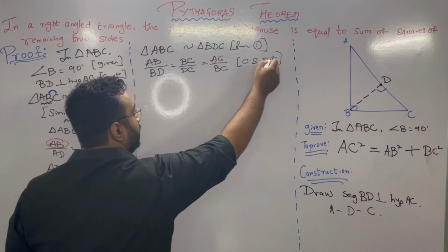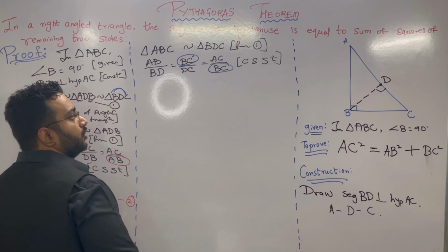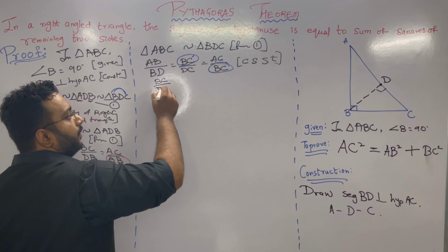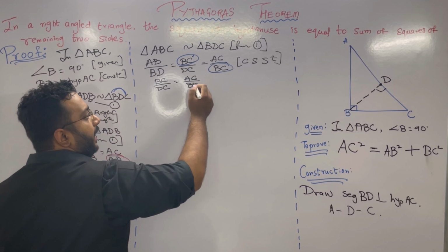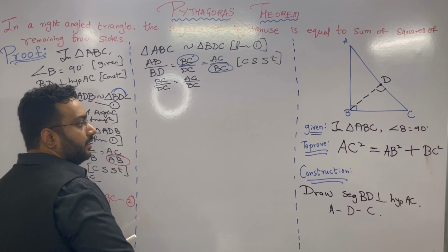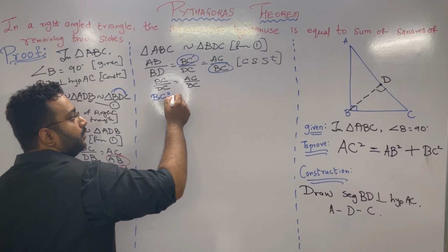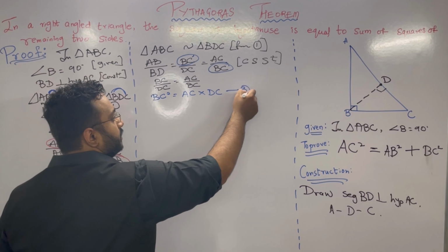Now, you need 2 BC. We need BC square. That means there should be 2 BC. If you observe in second and in third, there is BC. So let's write that ratio in next step. So you will get BC upon DC is equal to AC upon BC. And now last step, you just have to cross multiply and your BC square is ready. You need BC square to prove. So let's cross multiply. So it will be BC square is equal to AC into DC. Let's mark this equation number 3.